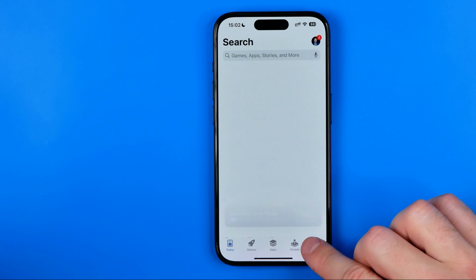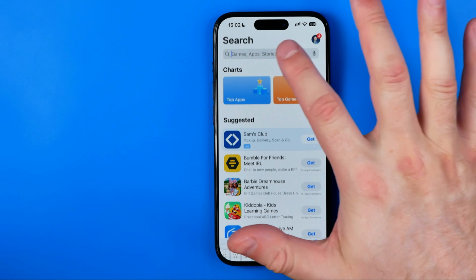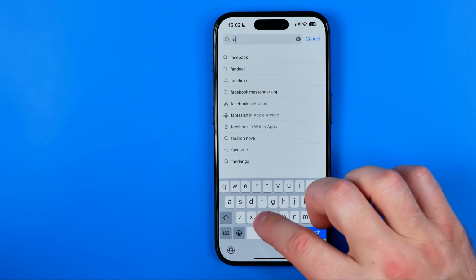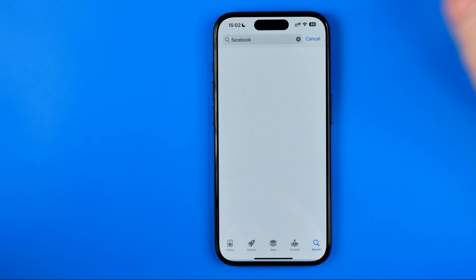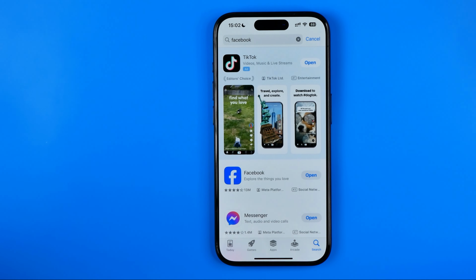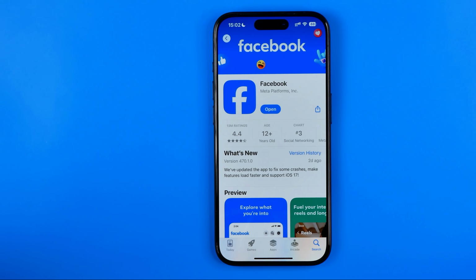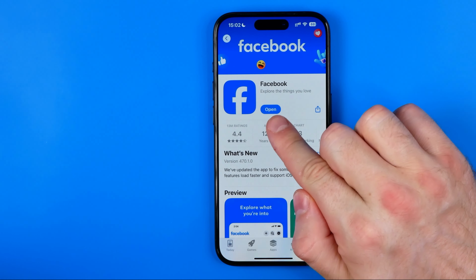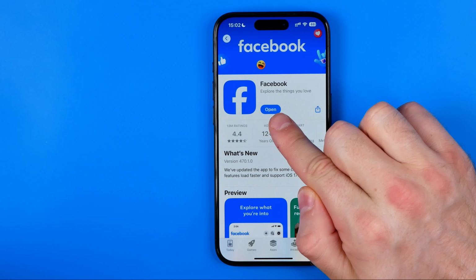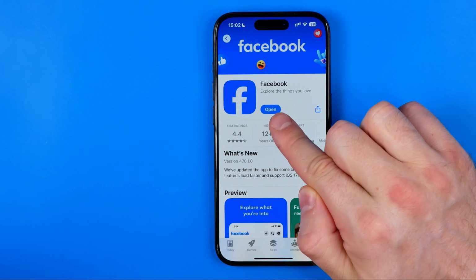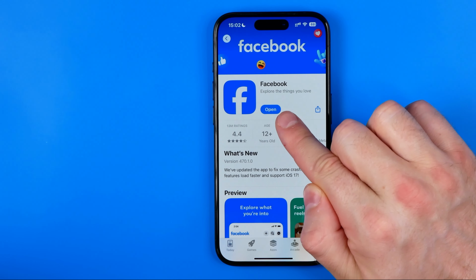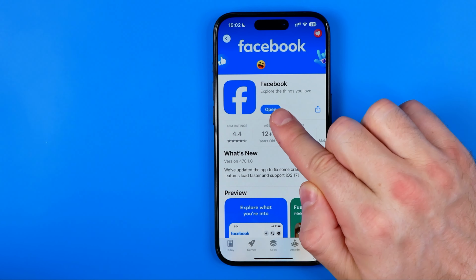After that, we need to go to search and then search for Facebook, just like that. That's how we can easily find Facebook. And now if I tap right here, then there we can see this open button because the app is already installed on my iPhone. But if you don't have it installed, it will say get, or instead of the button